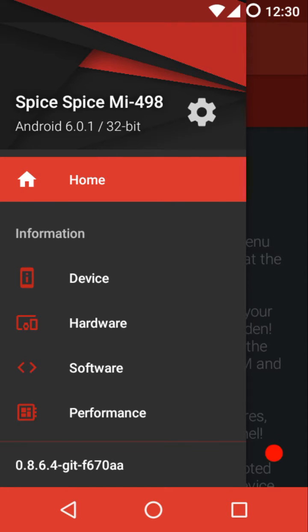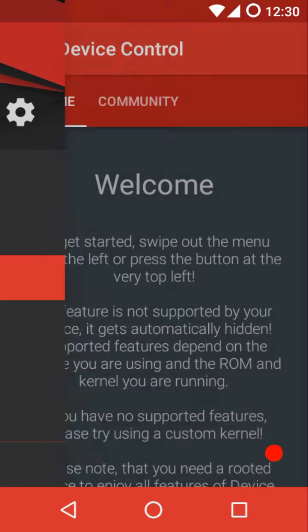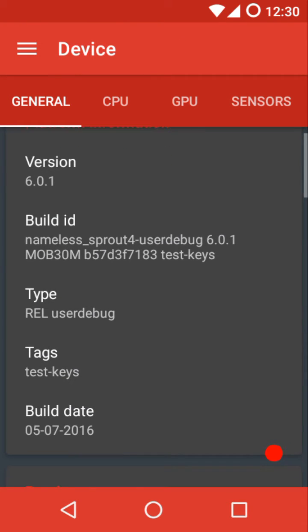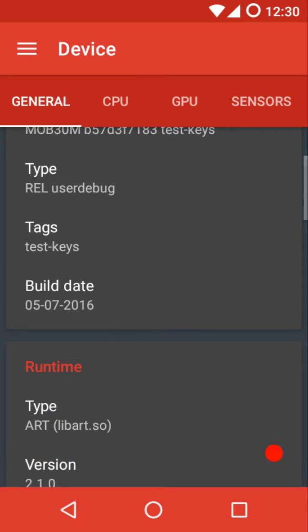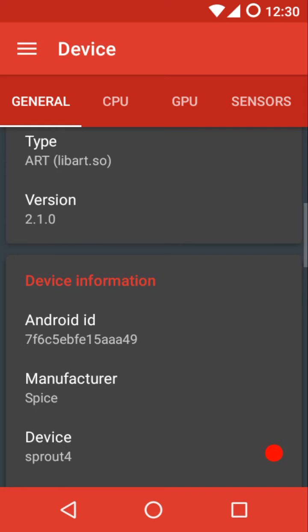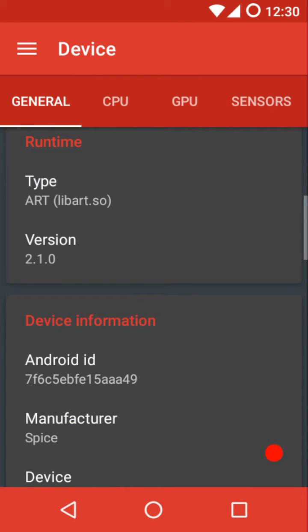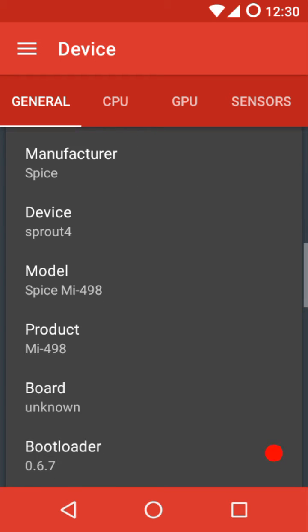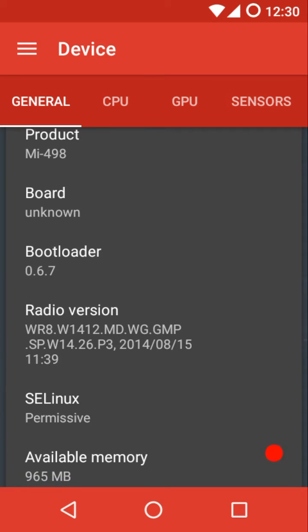Now I'll just show you around the app. So you can get various information about your device. This is the platform information: Android version, build ID, type, tags, build date, which is nothing but the ROM build date. Then we have the runtime type and version, and the device information: ID, manufacturer, device, model, product ID, board,